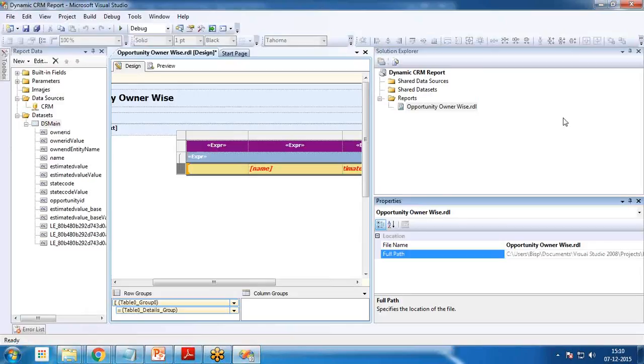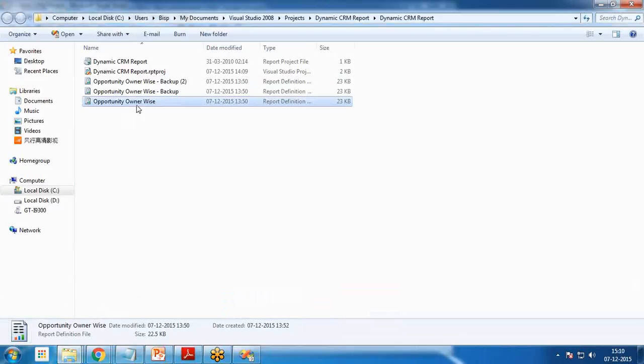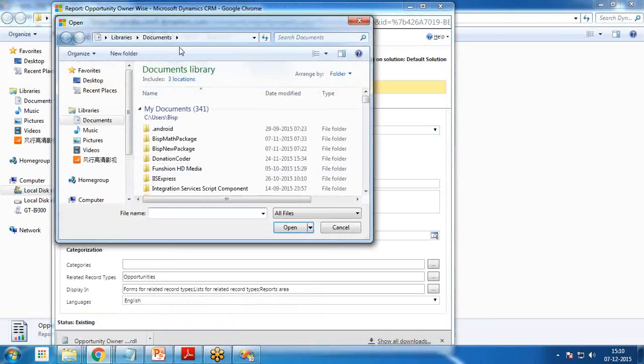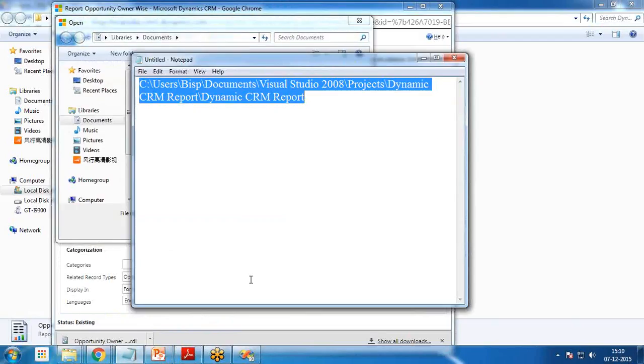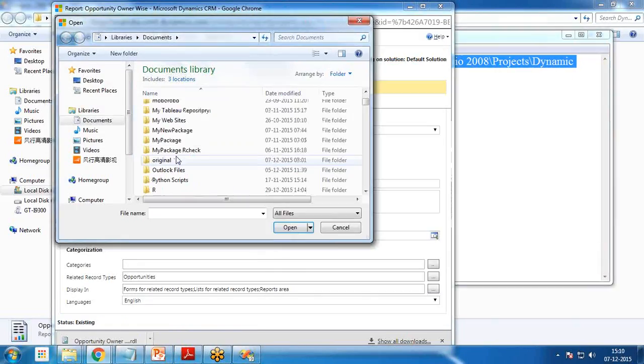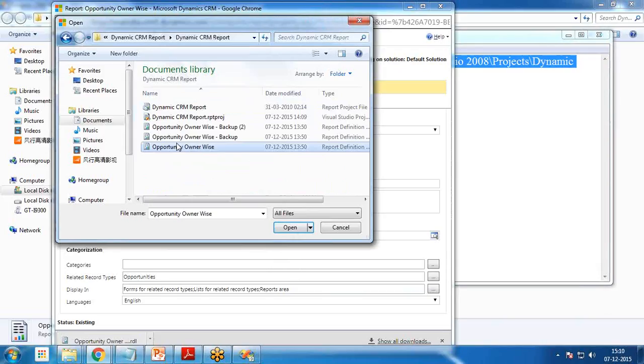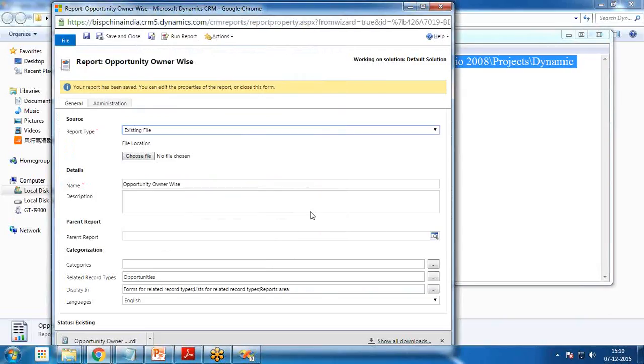We are looking for the same report, the opportunity owner wise, and the same location. I just copy this because we are going to use this here. So choose file, and within documents we have Visual Studio 2008 projects, Dynamics CRM report, and opportunity owner wise. Click on open